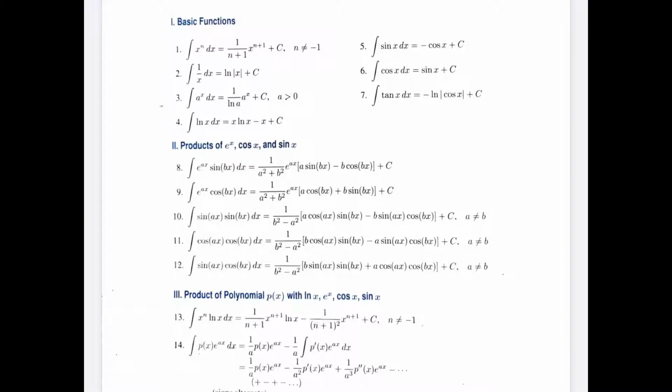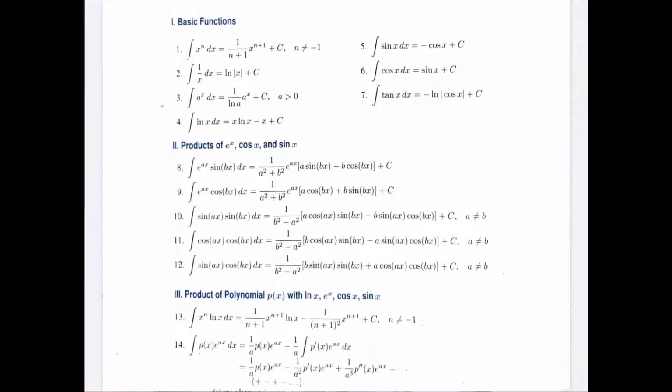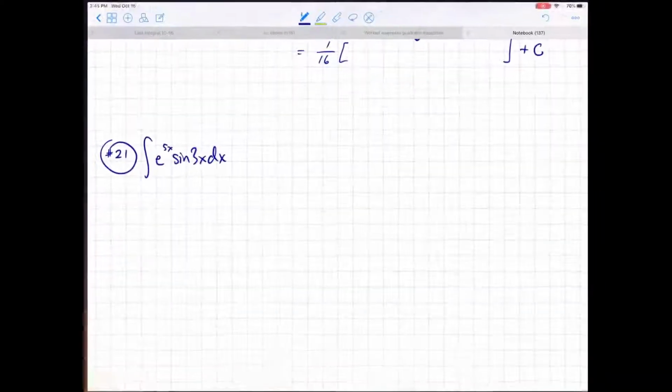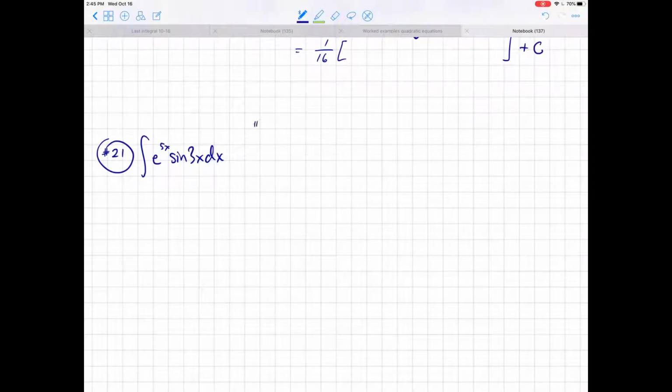So we'll use number 8. Number 8 in the table, where we know that A is 5, B is 3. All right, so these parameters are what dictates how the integral will go. And then from there we get, all right, what is it? 1 over a squared plus b squared, so 1 over 9 plus 25,